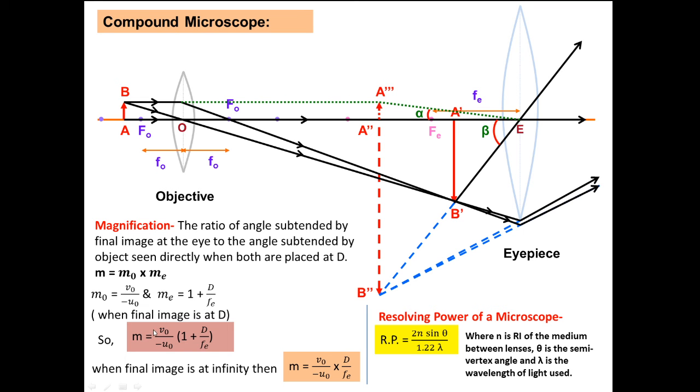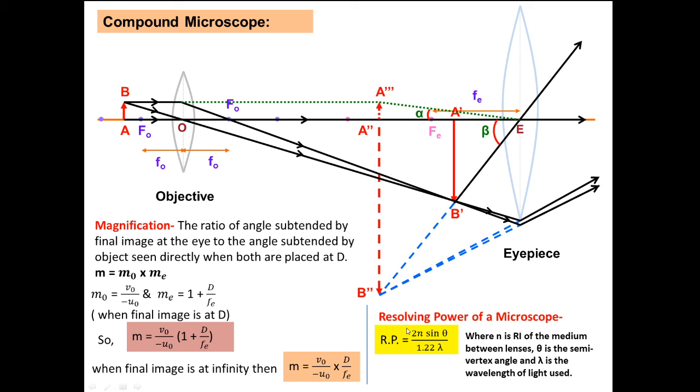So we can write L by minus F naught into 1 plus D by Fe. Minus means the final image is inverted with respect to the object. If the final image is at infinity, then the magnification will be V naught by minus U naught into D by Fe. And the resolving power, though it is not in our syllabus this year, we can remember,